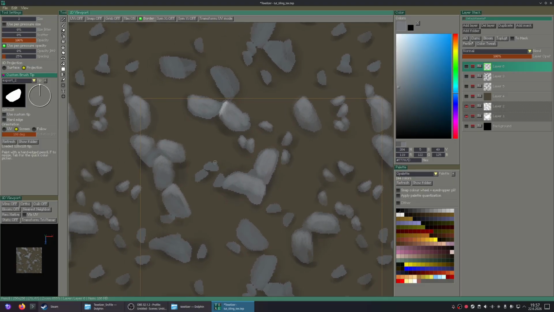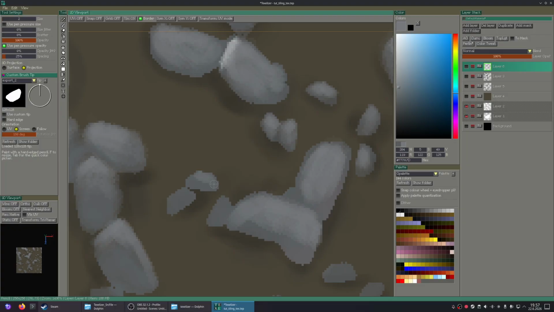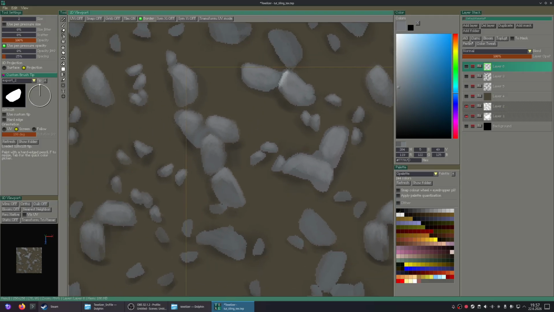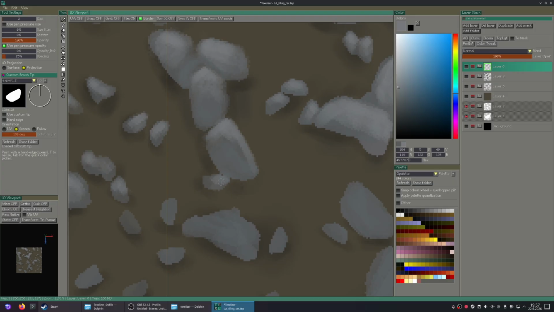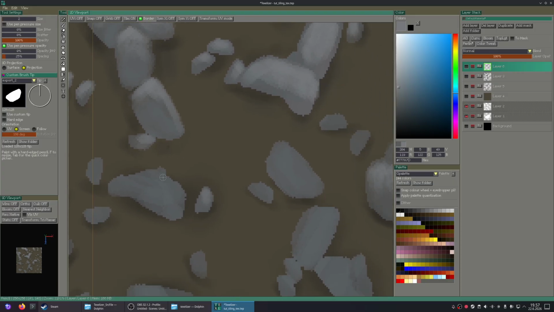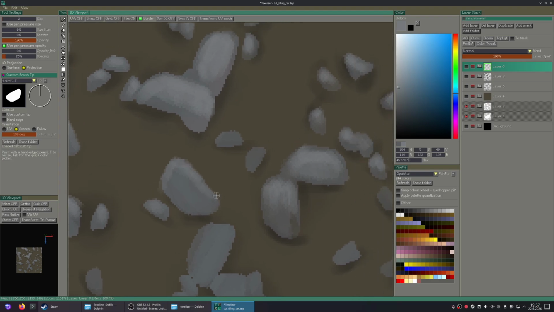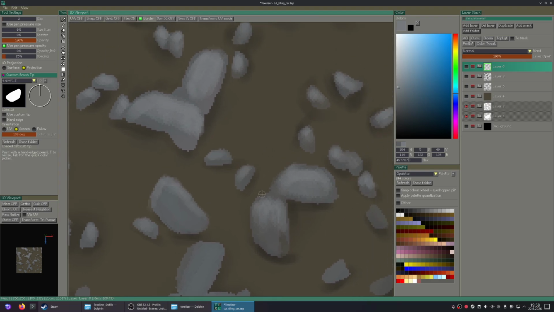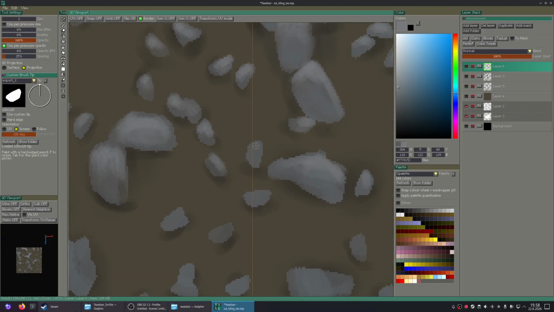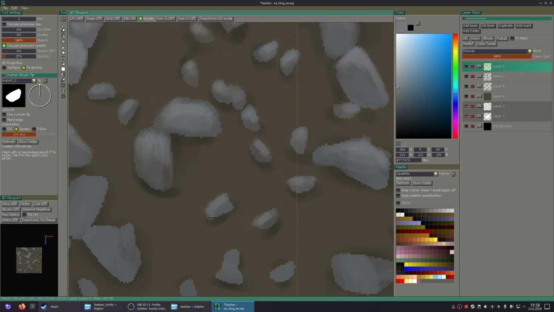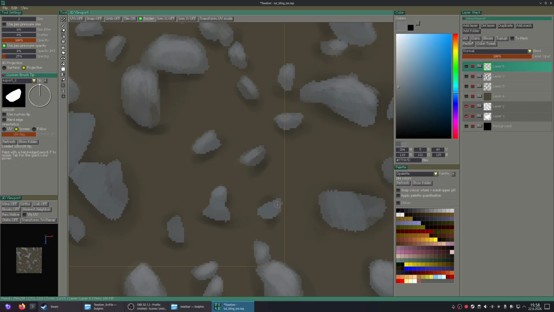Not much to say here as I keep working through these. If you don't like painting, you could always just mask out this shape that you made, so instead of painting you could, for example, just drop in photo textures or something like that to color the rocks.